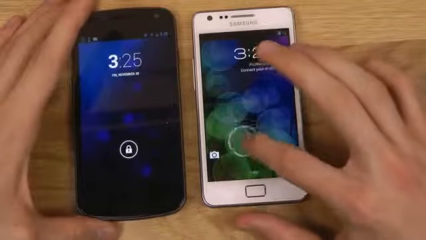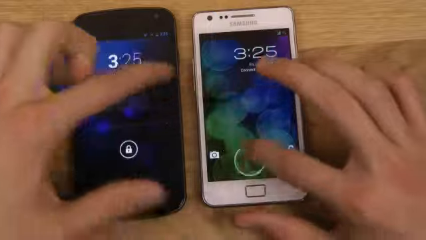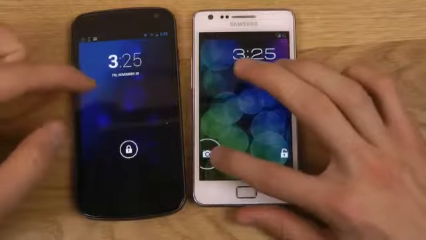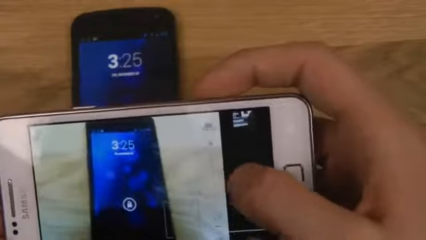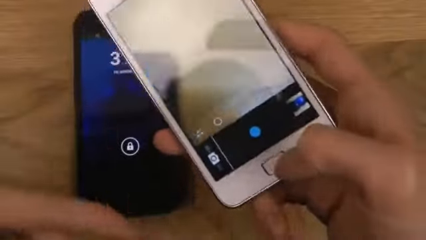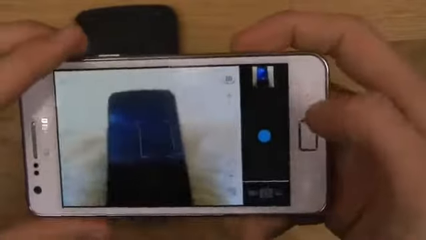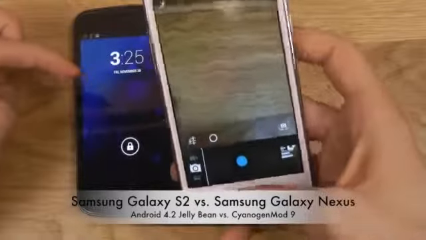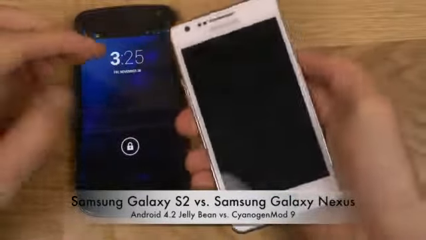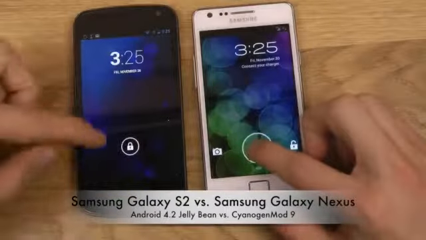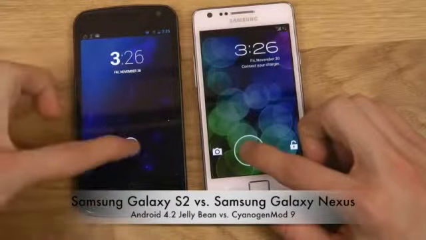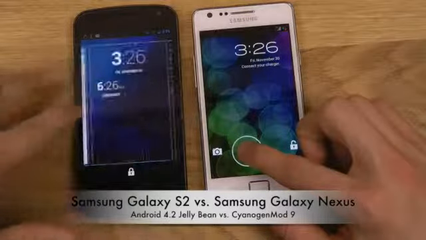And also in CyanogenMod 9, you can add more apps here to quick access. So as you can see, I can quickly go to the camera widget, which is not as good as the camera widget over here on my Galaxy Nexus personally. It doesn't feel as cool. You can't hold in and have quick settings over there, which I actually love a lot on this little one over here. And also one quick little thing that I can show you is that on this device, I can swipe here